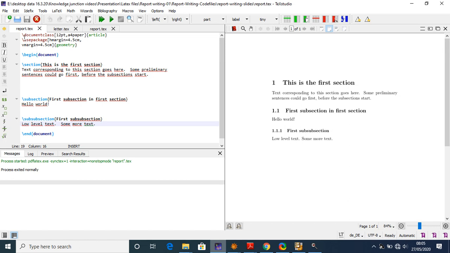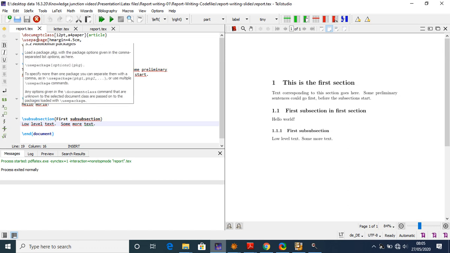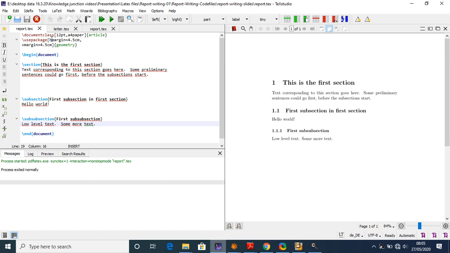I write backslash documentclass, and in the square bracket I write the font size, that is 12pt, and paper size, this is a4paper, and in the bracket I write article. The class is article class, and then I use package with the same backslash usepackage.